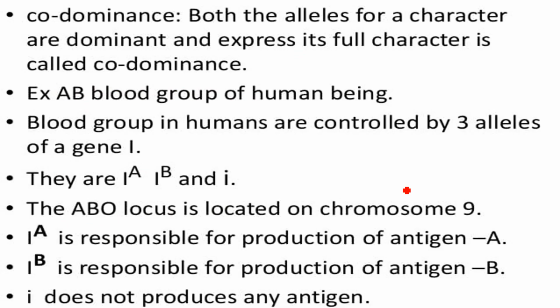Now the next part is incomplete dominance and codominance. We will discuss them one by one. In codominance, both genes of an allelomorphic pair express themselves equally in the hybrid. Such alleles are able to express themselves independently even when together, and that's why such hybrids are called codominant alleles. So this is about codominance.